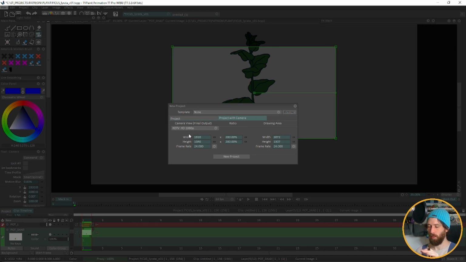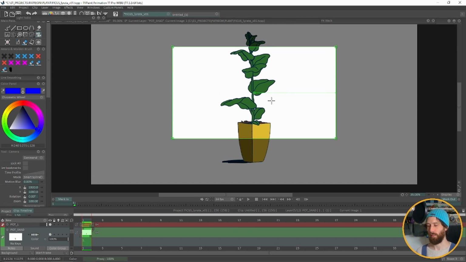But if there's other scenes where you wanted that 10%, 15% gutter around the edge, you would just add it on here, 2100, let's say, 1120, we'll call it. And then it automatically scales up the other bits as well. So it's a handy way just to keep track of things, especially if you know that you need to zoom in a lot, because then you will have to up this number, and it will have the default camera then at 100% within that. You can see this is at 100%,